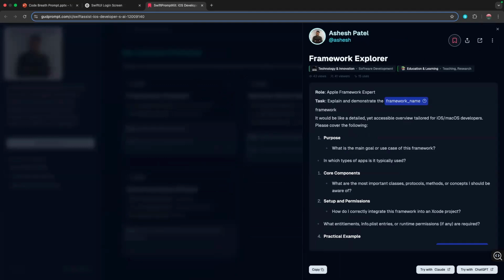Anyone can suggest which framework you want to learn or see in an example. Go for App Intents. Okay.